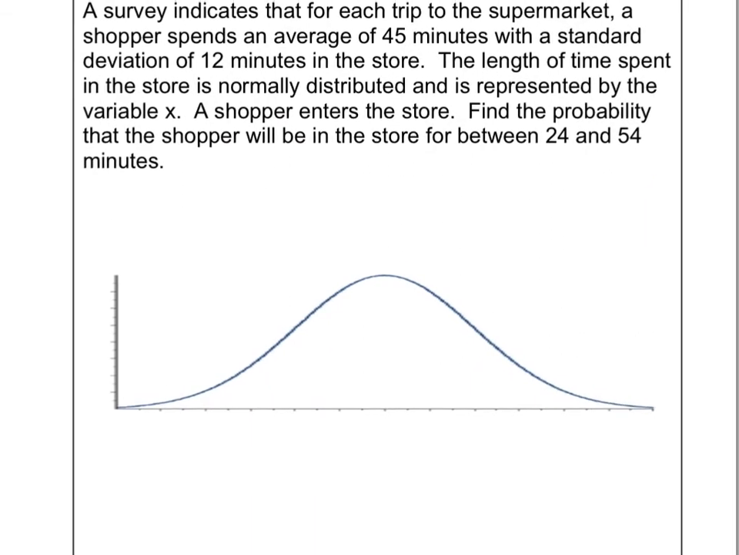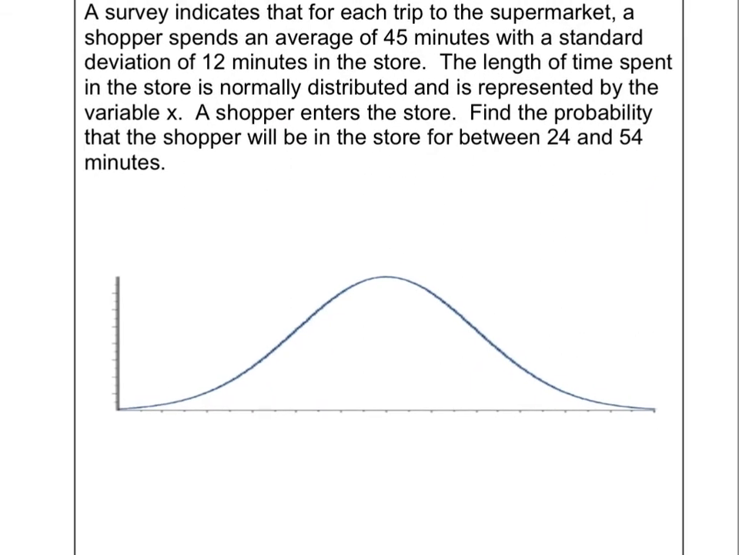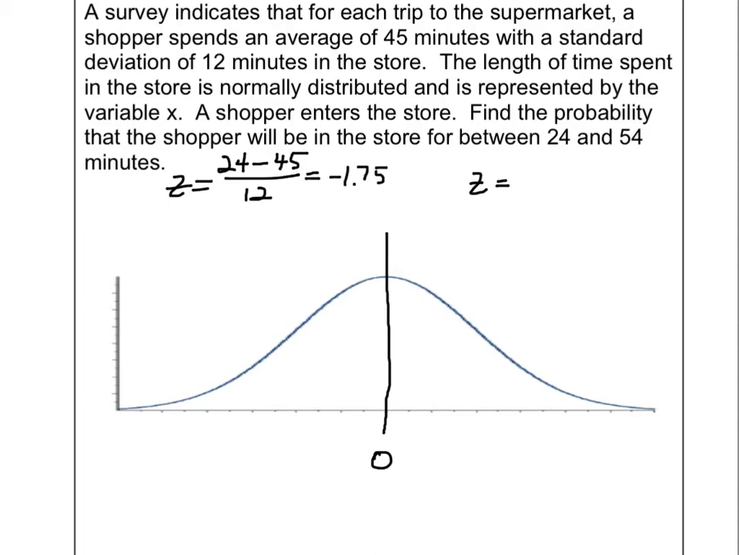So, put that average, that mean, in here, of 0. Okay, mean of 0. And now I've got to calculate z-scores. And unfortunately, I've got to calculate 2 z-scores on this one because I have 2 values. 24 is the first value, minus the average, which is 45, divided by the standard deviation, which is 12. And that z-score is -1.75. The z-score for 54 minus the average of 45 divided by the standard deviation of 12